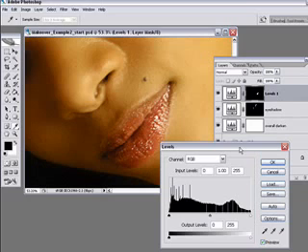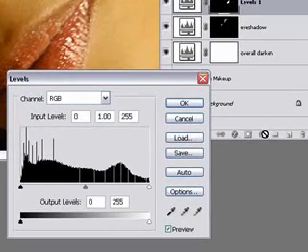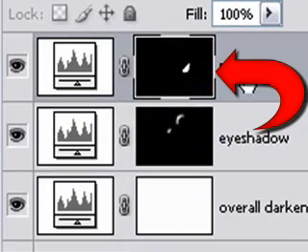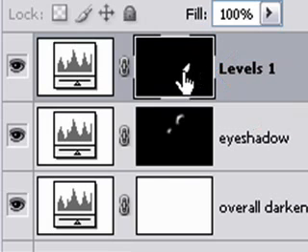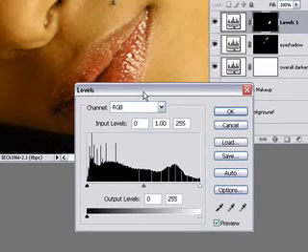And when you have a selection active running and you select one of these adjustment or fill layers from underneath this black and white sort of yin-yang icon at the bottom of the layers palette, it automatically creates the mask for you. Look up here in the layers palette. This is levels 1. It's just waiting for me to dial in something, but it's got that little white speck there because that's where the selection was. So it has made a